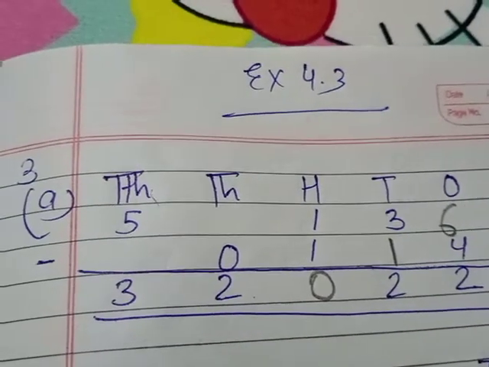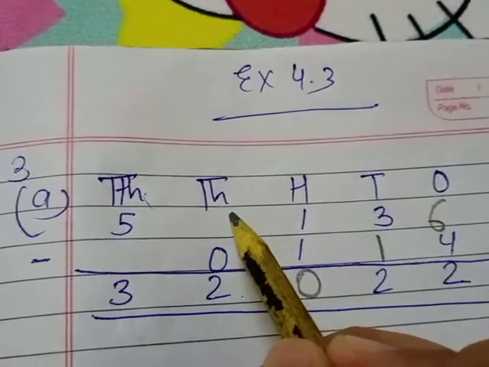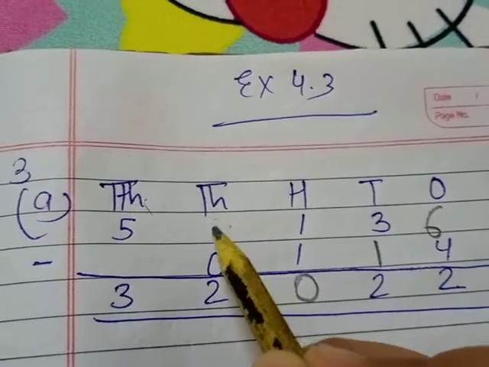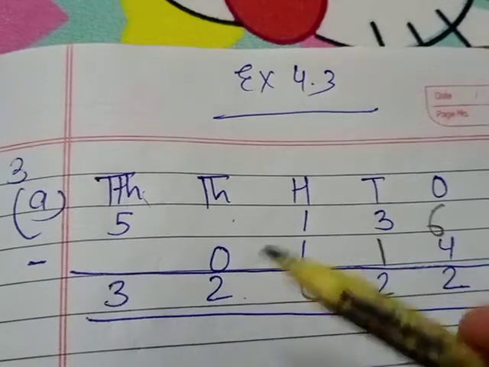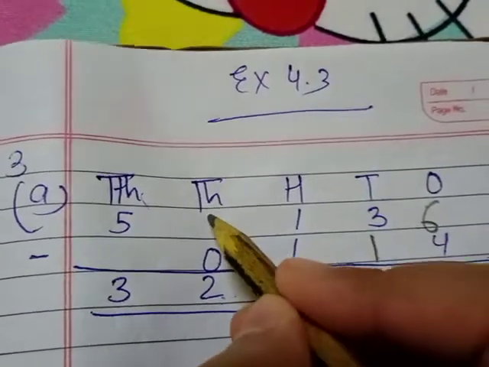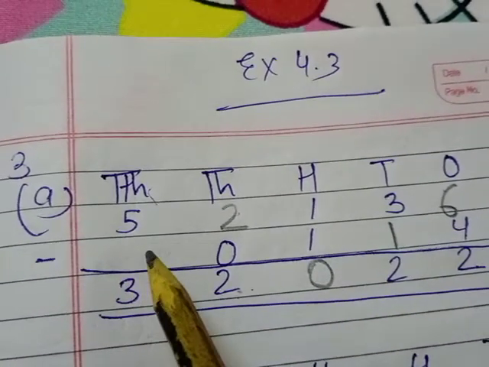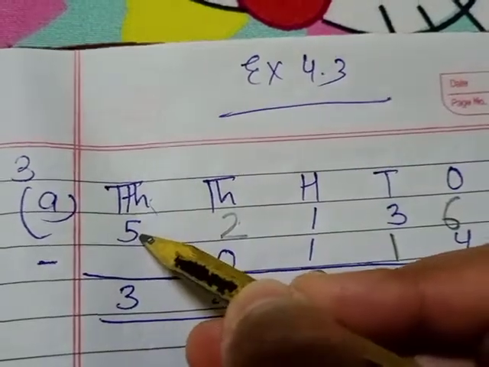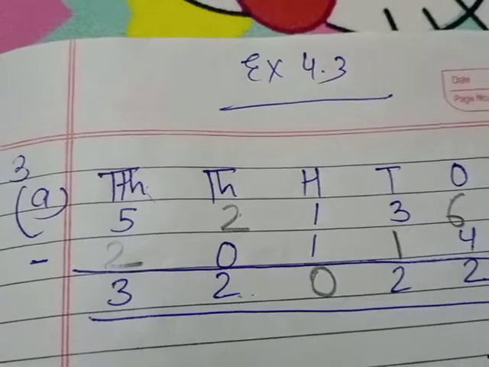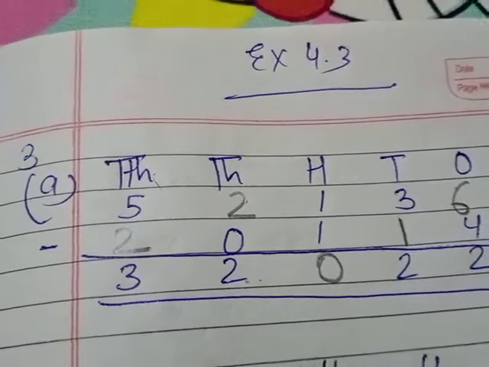Is it clear? So the 3 rules we have to follow, and those 3 rules are to find the minuend. This is your minuend place, keep in mind. Minuend we have to find means adding the difference and the subtrahend. So 2 plus 0 will be 2 itself. And to find the subtrahend, we will subtract the minuend and difference, that is 2 here. Clear? This is how we fill the boxes in subtraction by following the 3 given rules.